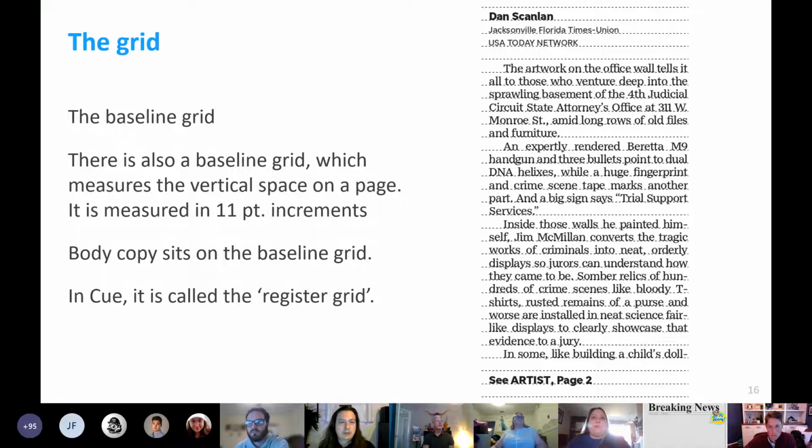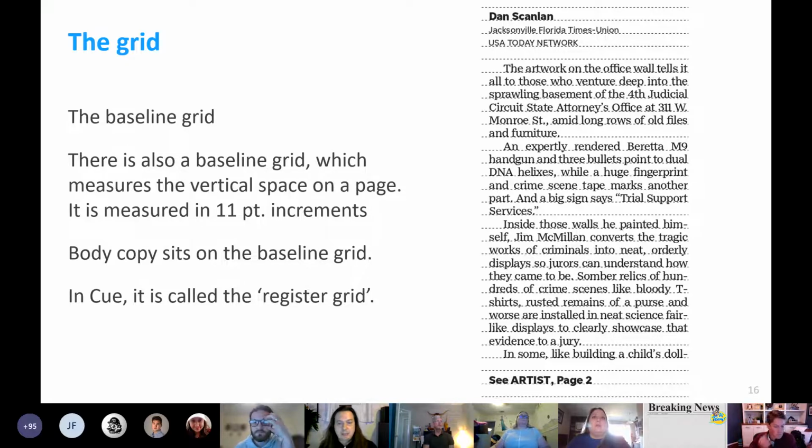It is also a tool to measure the space between things vertically, and so we can have consistency in all our products. For example, stories should sit 2 grid lines above advertisements, and they should sit 2 grid lines below the 1A flag. And there's a lot of little rules like that. So I would suggest checking out our Unify Style Guide for all of the spacing rules. And I think that where to find that will be shared later.